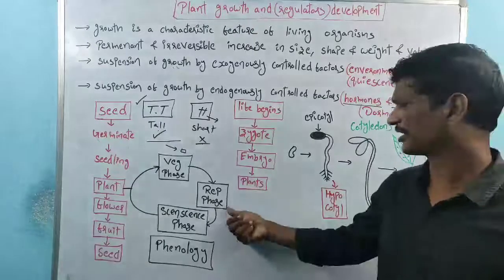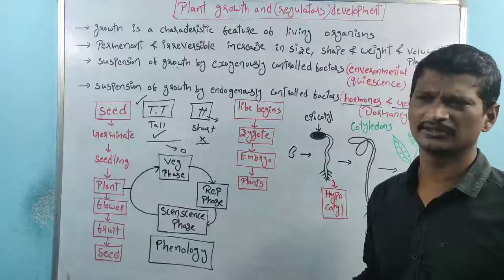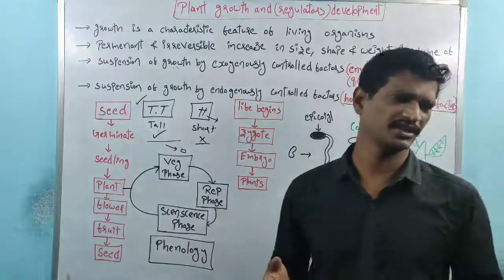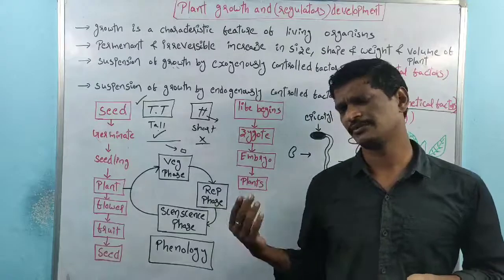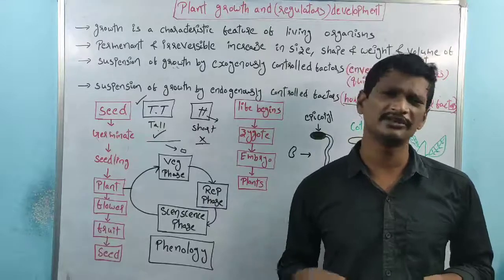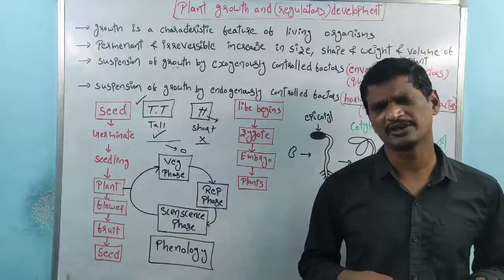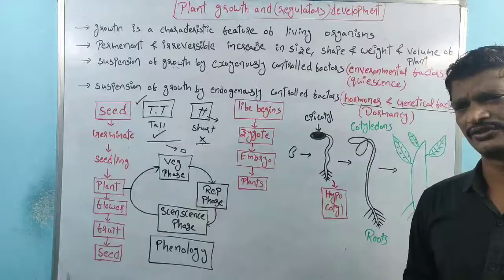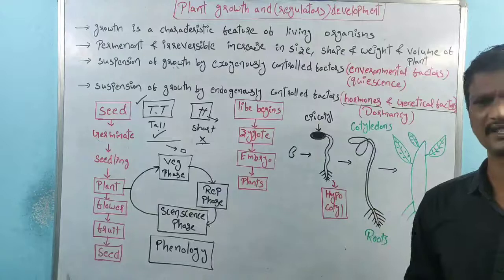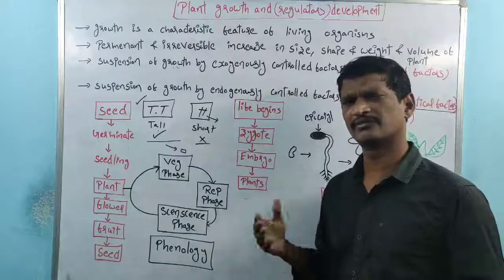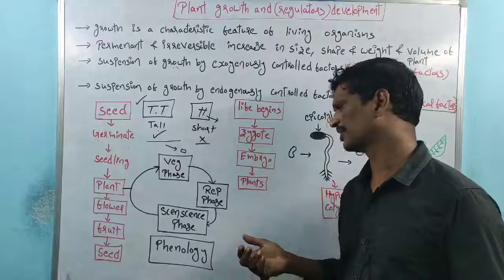See, the reproductive phase varies from one plant to another. Maybe for cereals it is different. If we take the best example, the rice plant, the reproductive phase is different from the mango plant. Every year the mango plant produces flowers. So the cases are different from one plant to another, right? We already discussed monocarpic plants, bicarpic plants and perennial plants. So the flowering capacity, or the nature of flower production, is different from one plant to another.